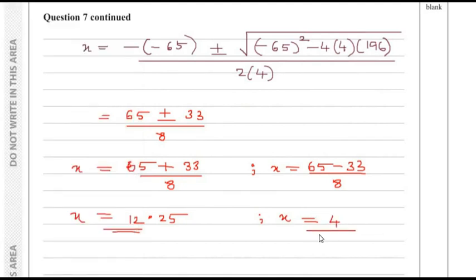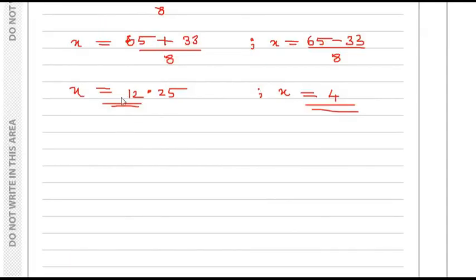So these are the two values of x. Now once we get the values of x equal to 12.25 and x equal to 4, there is one last thing which we need to do,